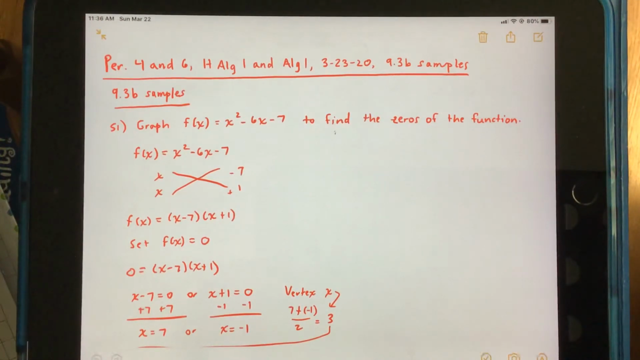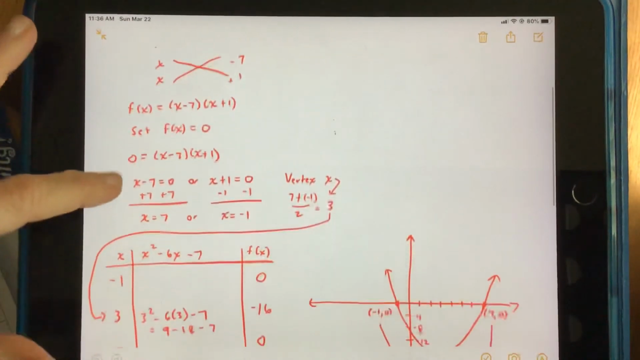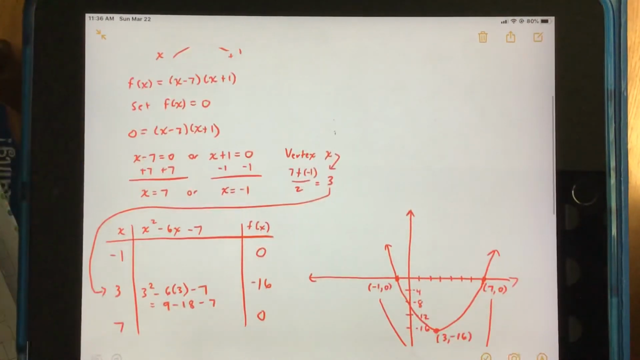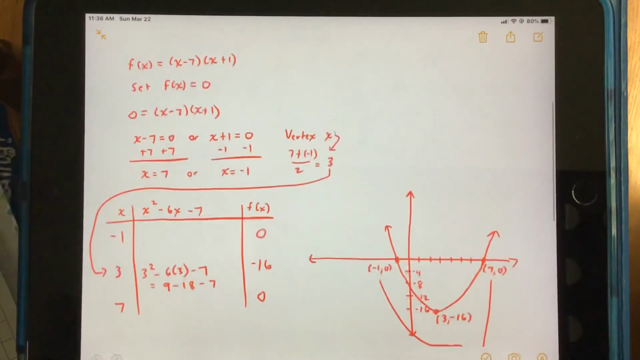When we factor it, we find that since negative 7 times 1 is negative 7 and negative 7 plus 1 is negative 6, f of x will be equal to x minus 7 times x plus 1. Setting each of those factors equal to 0, we will arrive at the zeros x equals 7 or x equals negative 1. So we're going to place those zeros in a table of values, and then we'll find our vertex